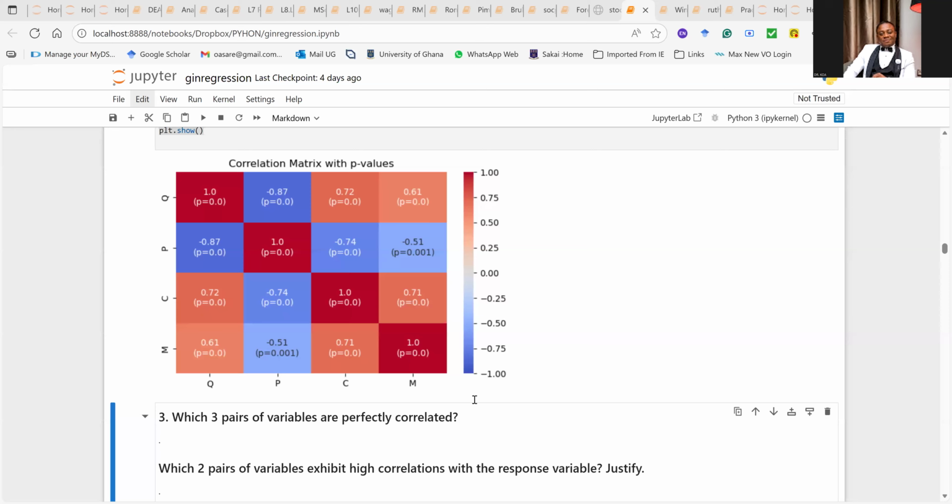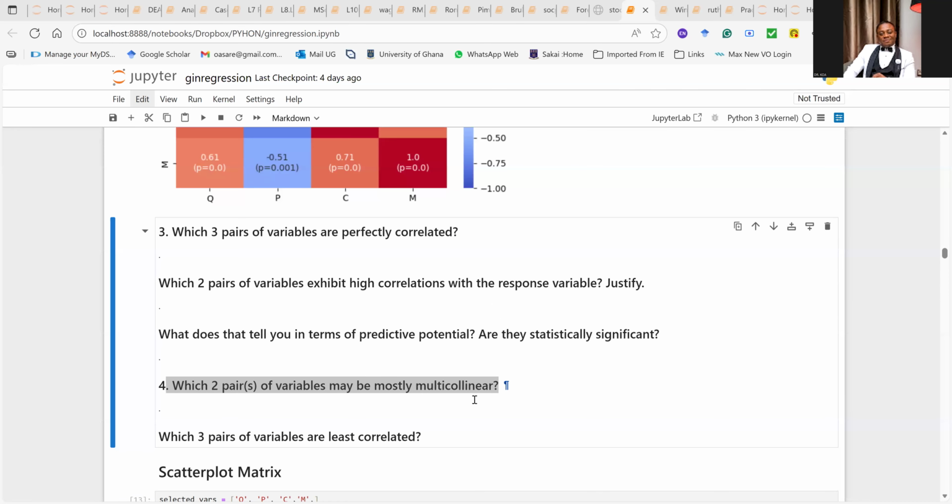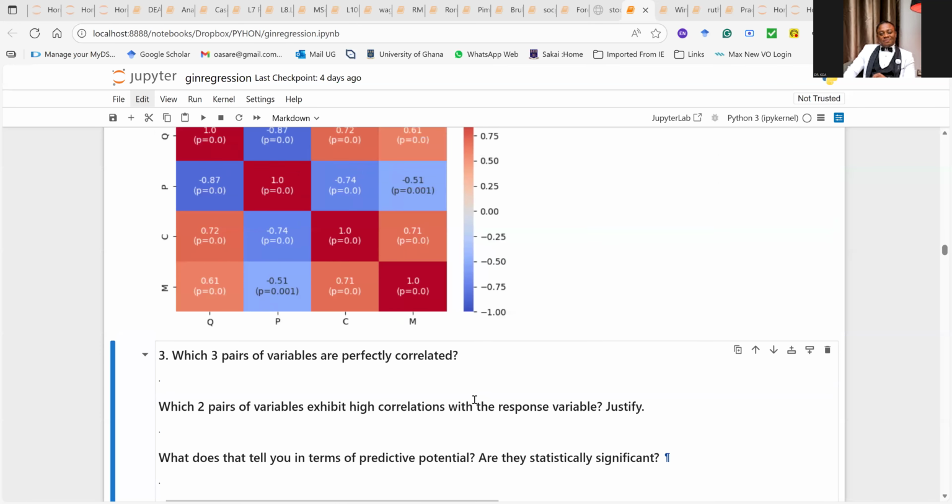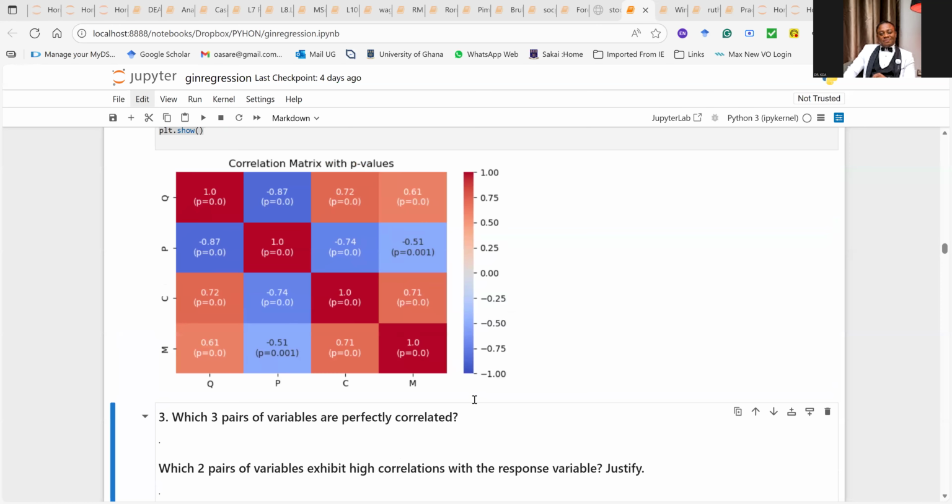So, which pairs of variables are mostly multicollinear? The definition of multicollinear is independent variables which are highly correlated with each other. Independent variables. Remember, it doesn't include the dependent. So this column will go because that column has the dependent. This column will go too. You are just looking at the